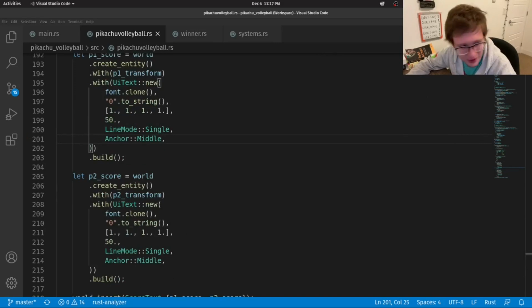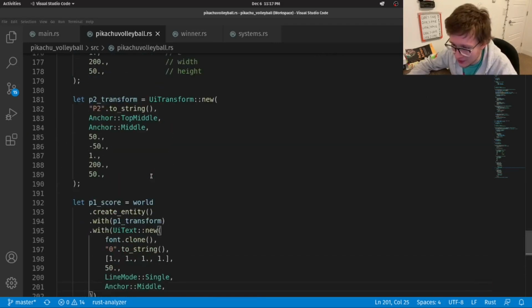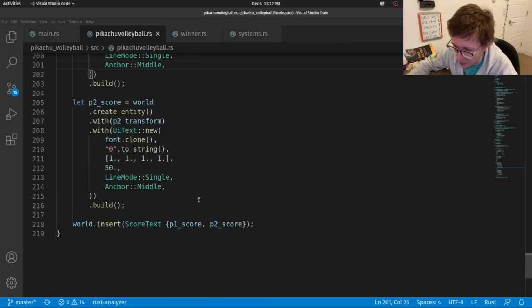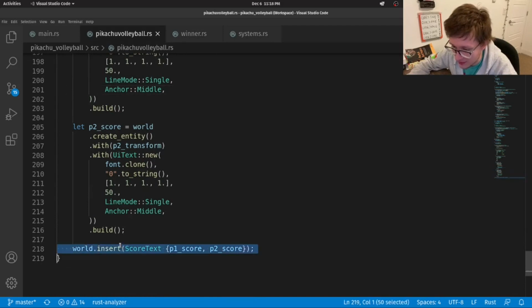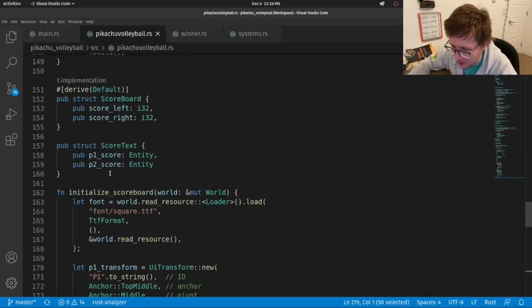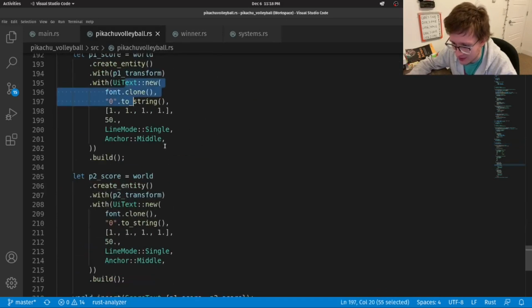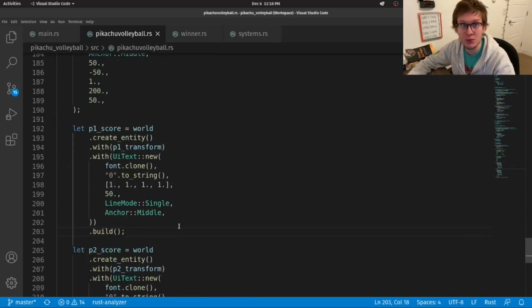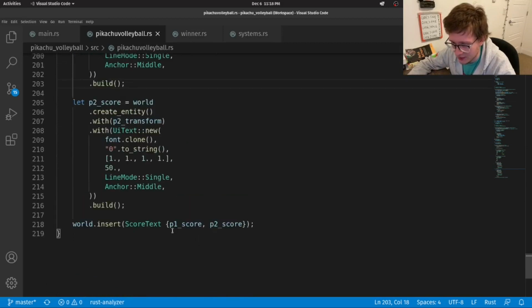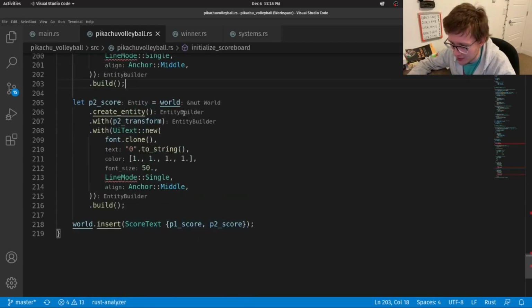We can go back to coding where we will initialize our scoreboard. Oh, actually, I didn't mention this. We created this score text struct, which is sort of a wrapper around these two entities, these two entities being just the UI text. And we created this wrapper just so that we can easily get it when we're using the system data. Otherwise I would have to bring both of them individually, now we just bring one. Pretty convenient pattern. Oh, there we go, Rust Analyzer loaded.